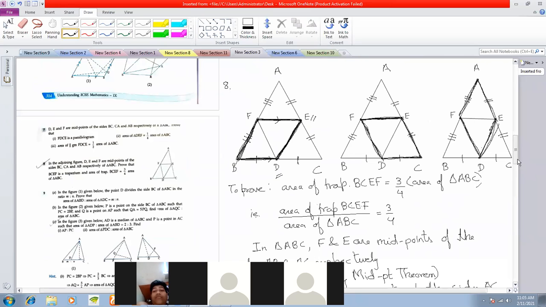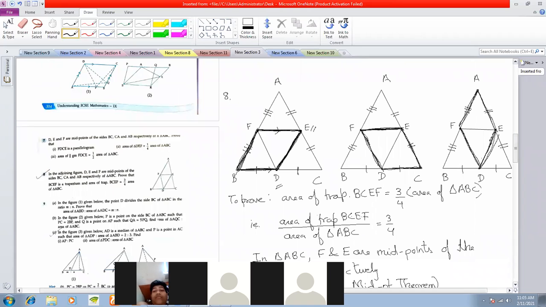Now there's a very important observation. Consider the first figure, this parallelogram FEDB. In this parallelogram, you see that FD here is a diagonal, right? If FD is a diagonal, from the theorem you know that a diagonal of a parallelogram divides it into two congruent triangles. That means this triangle FBD and this triangle FDE are both congruent, right? Similarly, if these two triangles are congruent, then from the congruent area axiom, you can say that the area of this triangle must be equal to the area of this triangle.